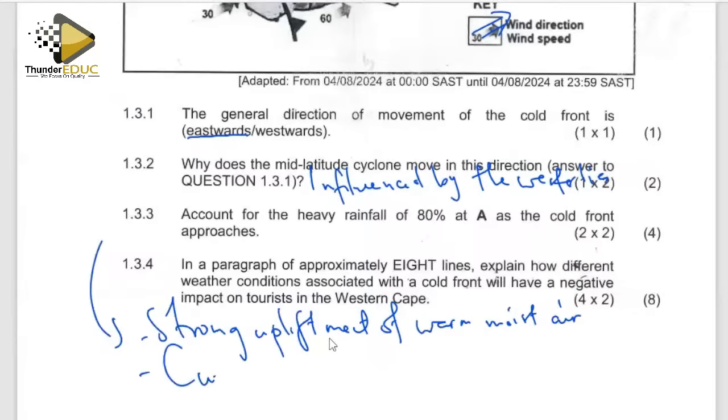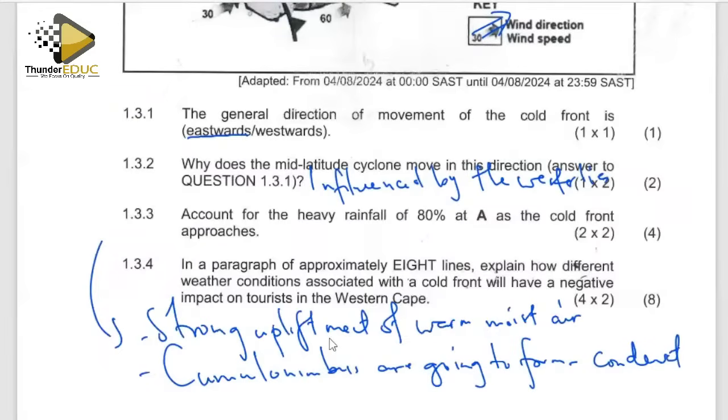Cumulonimbus clouds are going to form because of condensation. We know well that if warm and moist air is uplifted, it will reach a dew point and condensation is going to take place. And in this instance, because of the steep gradient of the cold front, it is going to cause clouds of large vertical extent, which come in the form of cumulonimbus. They are going to form